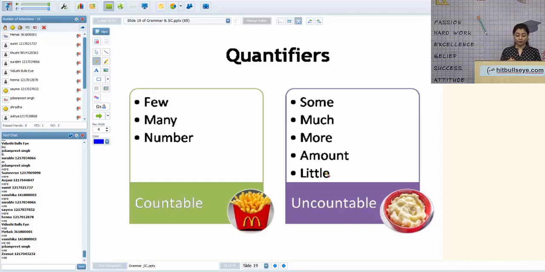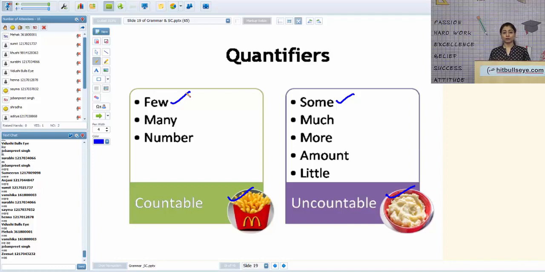So if I have to talk about French fries, I will say few. Obviously, when your friends are eating French fries out of your plates, you definitely count them. But if I say mashed potato, you cannot count mashed potatoes. You will say some mashed potato, but few French fries. Again, you would want some water, but few glasses of water, because you can count the glasses of water, but